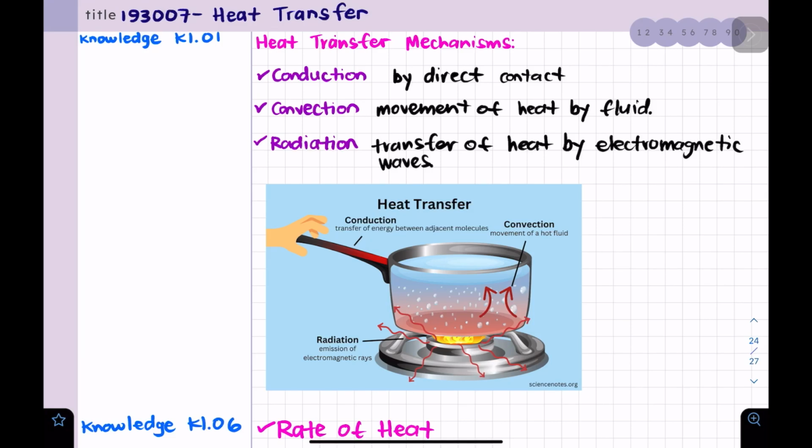Hello, this is Ira, and today we're gonna go over a section from the thermodynamics section. We're gonna review the 193.007 heat transfer problems. This one has only two knowledges, which are knowledge 01 and 06. As long as we understand this, I think we're gonna be okay, and we're gonna be able to solve